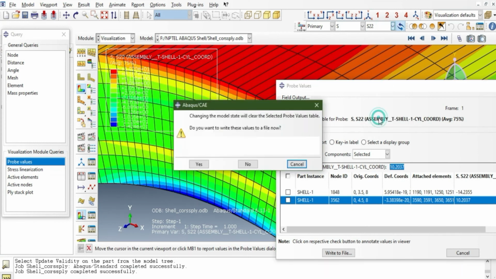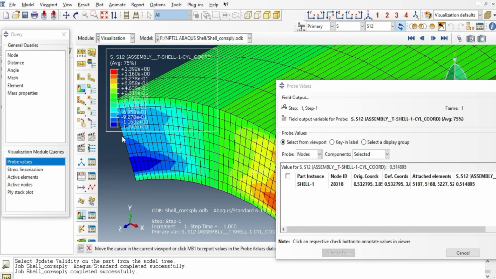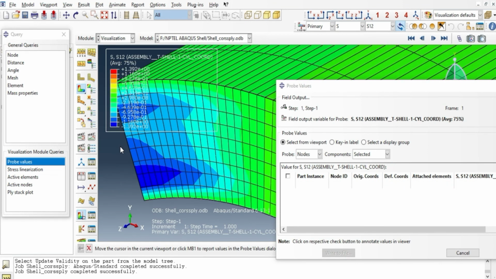And finally the transverse stress sigma r theta at the edge, at the middle of the edge.